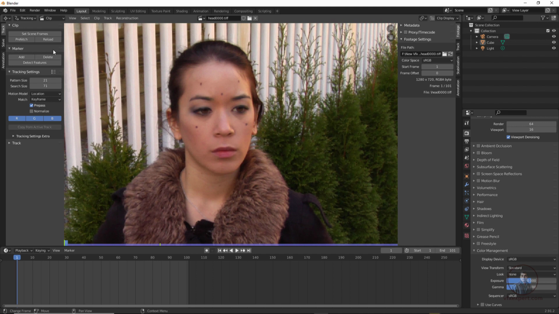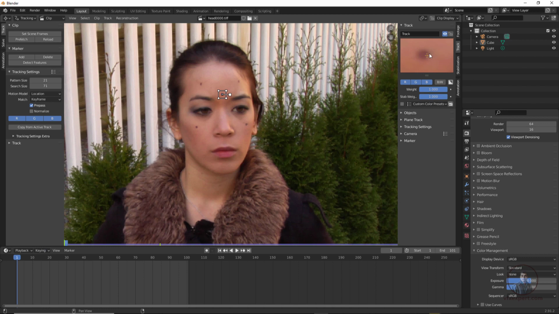On the left side you will see the add tracking markers options. First we have to create our tracker for tracking these markers. Simply click on the Add option, and click on the point you want to track. Here I have added this one. Remember, I have placed my CTI at the start of our timeline. Then come to the right side and click on the Track option. From here we can easily place and focus. This is our point here.